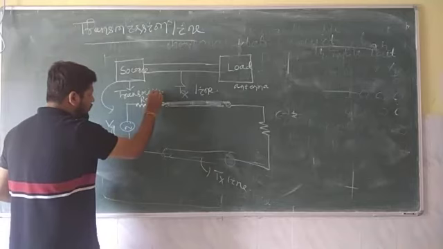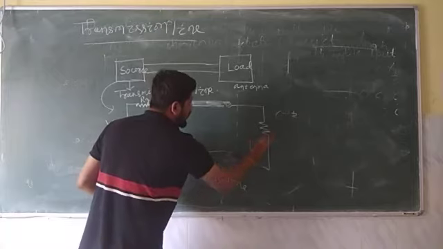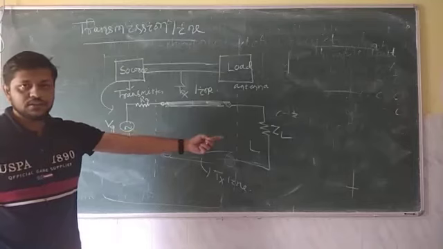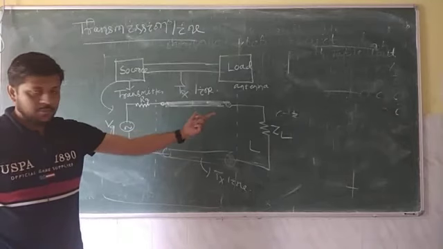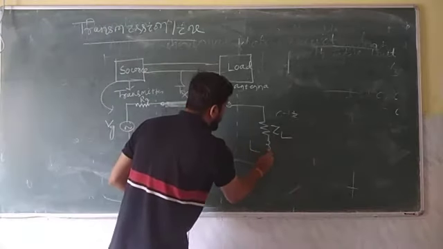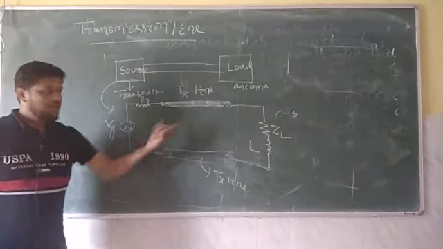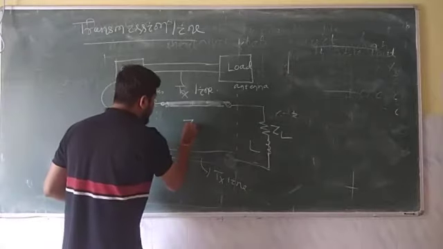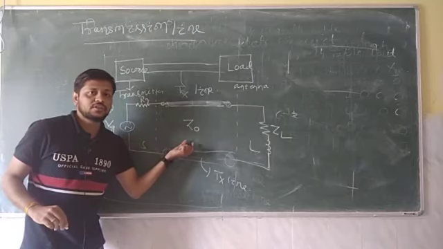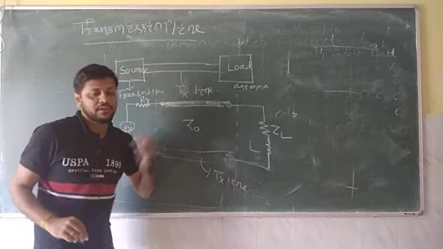This part is your source, I am denoting here S. This part is your load. Load is always represented by a resistor, that is I have denoted ZL. That means RL is a purely resistive circuit. Actually this is a resistance, or we may have some inductor here, so that's why I am representing it as ZL. ZL is the load, and this is your transmission line. Transmission line always has some secondary constant, and this is known as your characteristic impedance. This is the impedance of your transmission line. Z0 is known as your characteristic impedance.